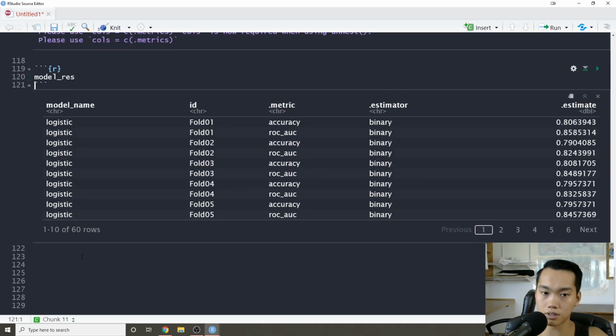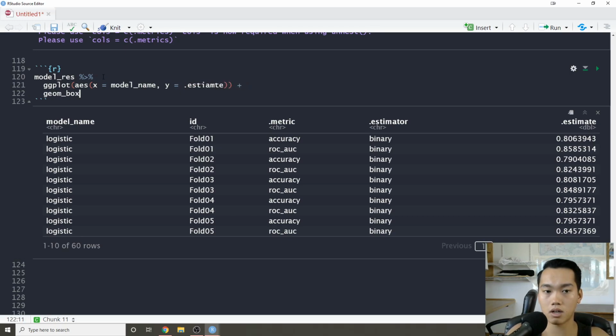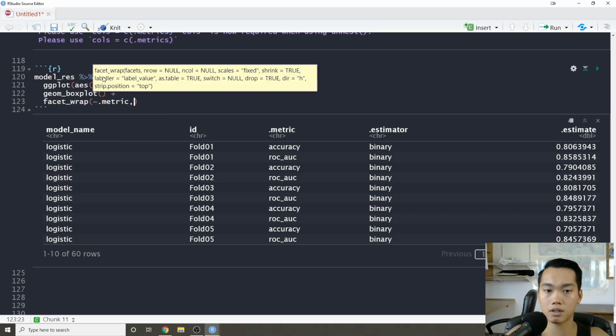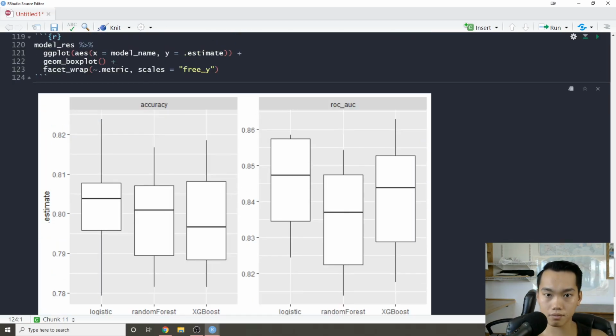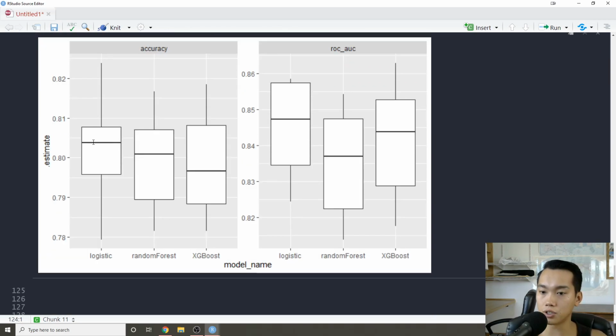So then what we're going to do is go to model res, and we do a simple ggplot. We'll just do ggplot aes x equals model name, y equals .estimate. And I just want to see a box plot. I'll facet wrap it by the .metric, scales is equal to free y. Okay. So what we can see here is that basically our logistic regression model is beating most of the